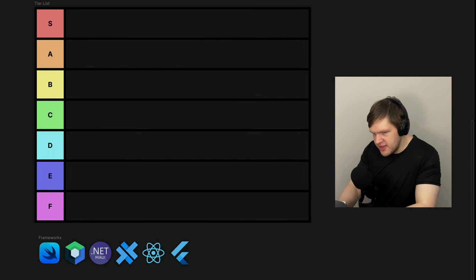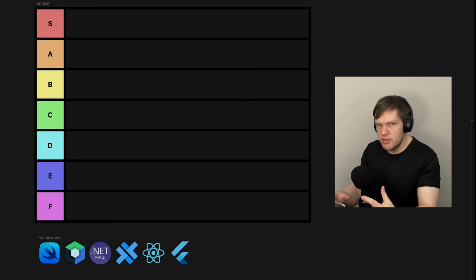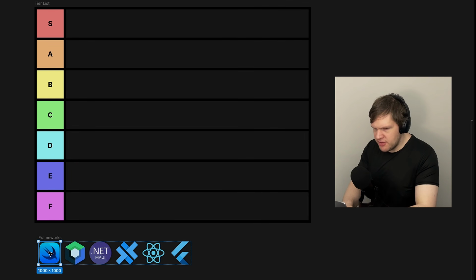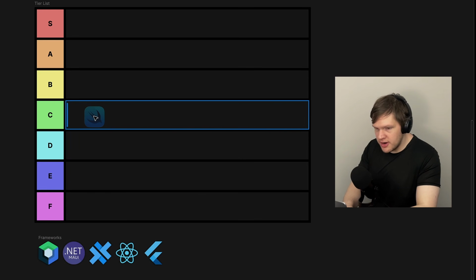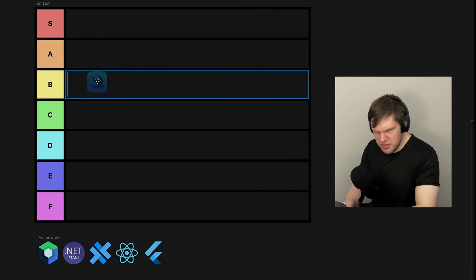So which mobile app framework should you be using? Let's do a tier list. If it wasn't clear going into this, most of my experience has been with Flutter and React Native, so those are my biases. I expected SwiftUI to be in C tier, because Xcode is such a scuffed editor, but SwiftUI's state management really blew me away, so it goes in A tier.